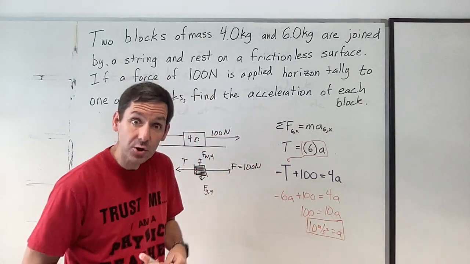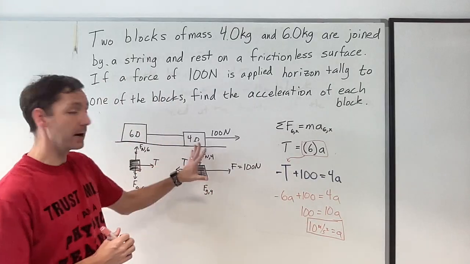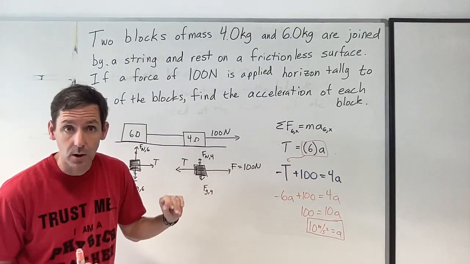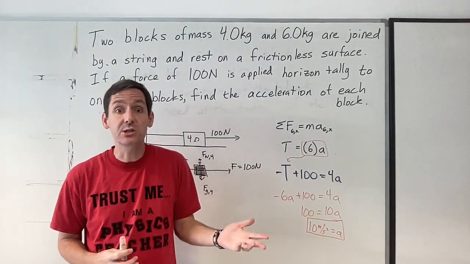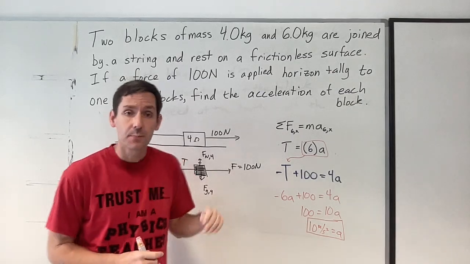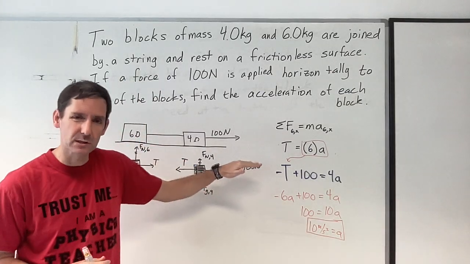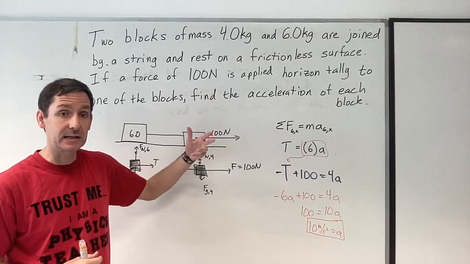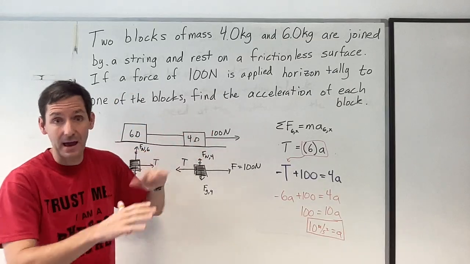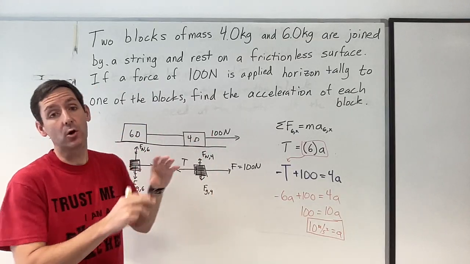All right, so I can do it by separating them out and doing one and the other. Now, this was a little bit easier than some other ones that you will see because they were both completely horizontal. As soon as you start to get things that are on a ramp, that have a pulley,